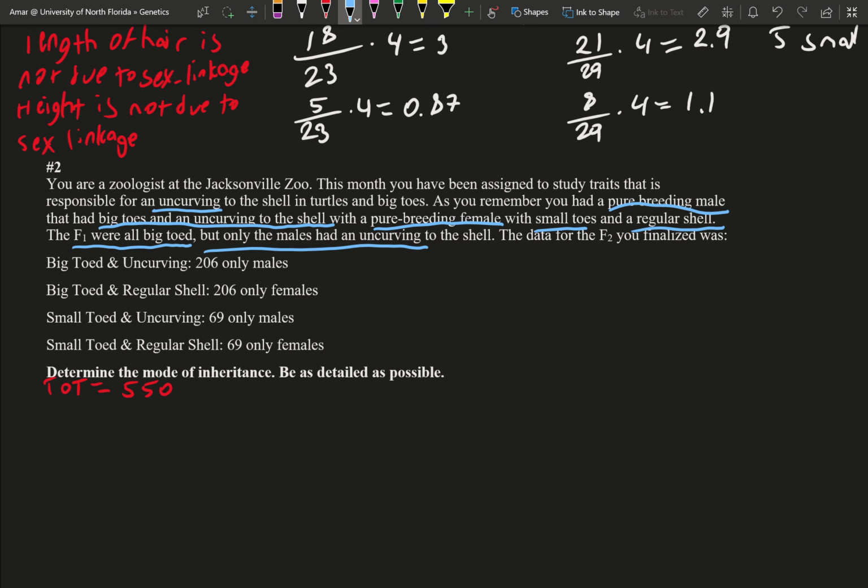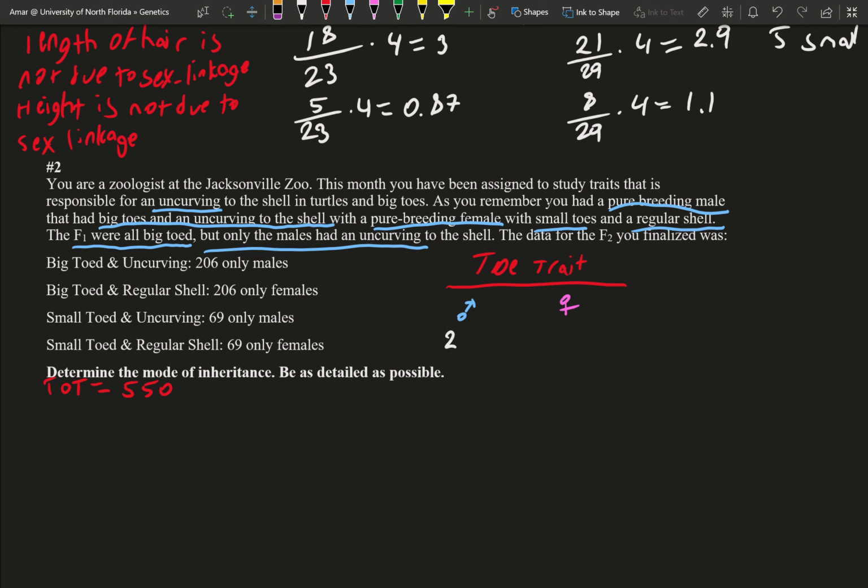So based on this, what you want to do is, same thing, we're going to separate out each trait individually one by one. So let's look at the toe trait. And what we want to do is figure out if there's a difference between the males and the females for the toe trait. So yes, with the toe trait, we have